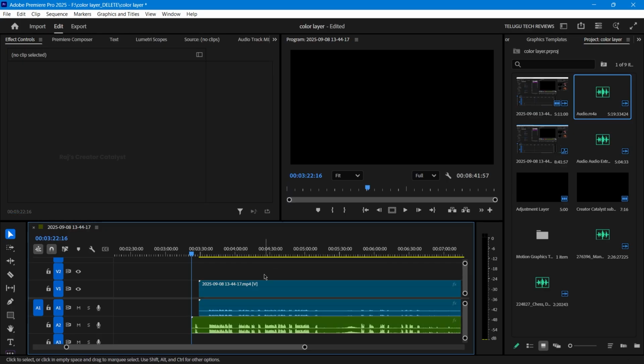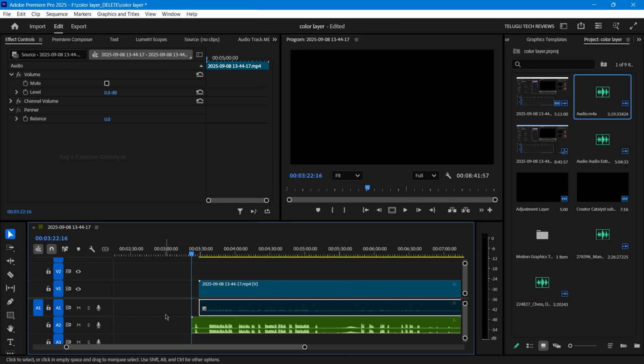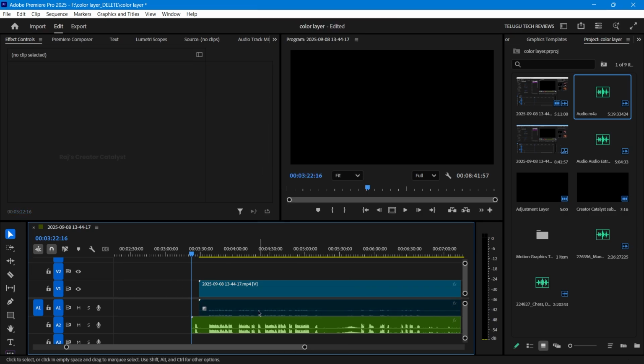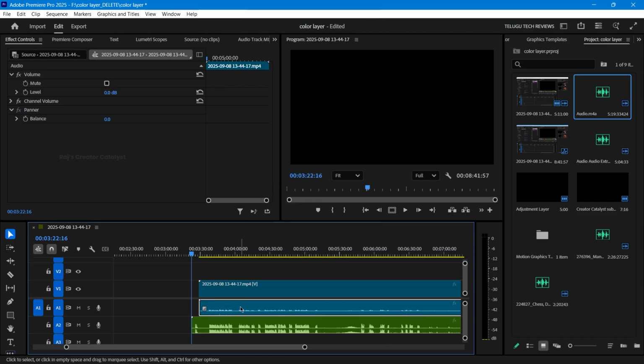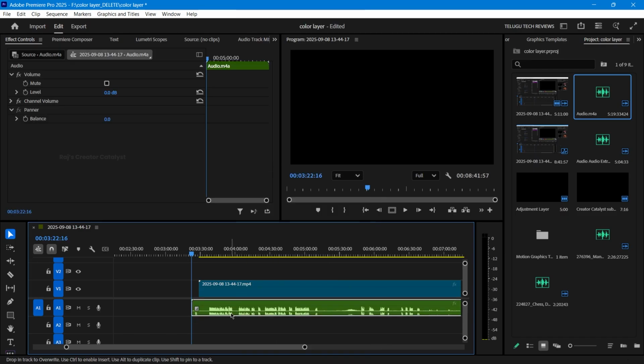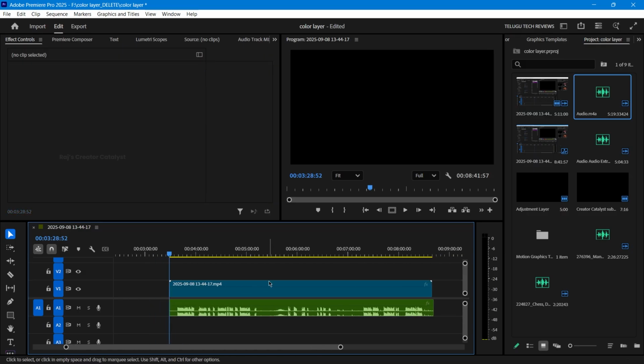You can mute the audio of the other track and listen by looking at the video to see if it is perfectly synced or not. Almost 100% it syncs perfectly. After the sync, delete the audio file that you don't want or you can disable it. Even if you are working with multiple audio tracks, keeping this selection and numbering of the audio tracks makes it